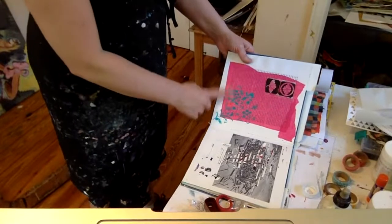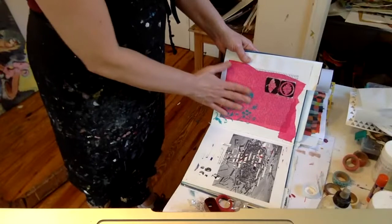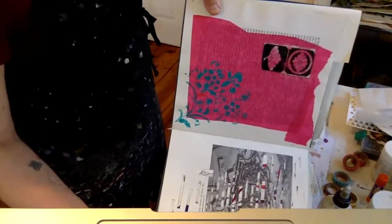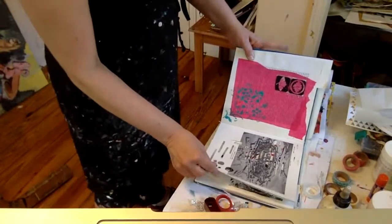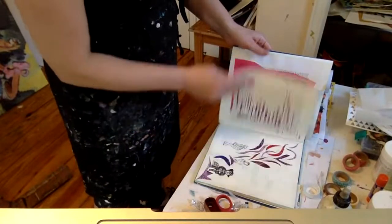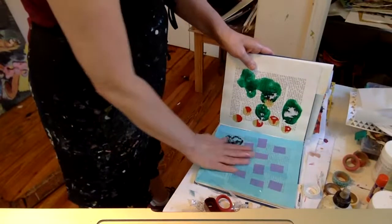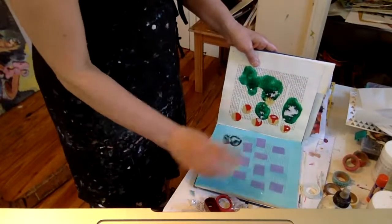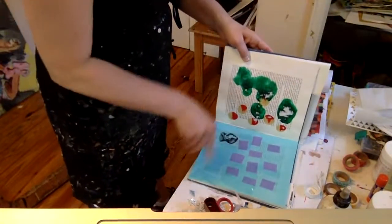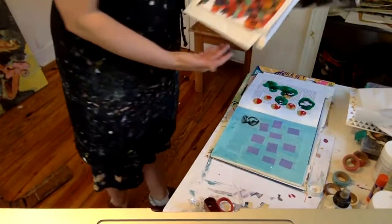So this is an example of just taking the tissue paper here, and then I did a stencil on top of this. You might be able to see that. I'm going to show you that. I'm going to do a stencil on top of this blue page here that I've done. So just to demonstrate stencils a little bit,